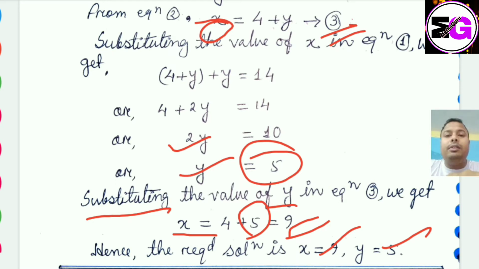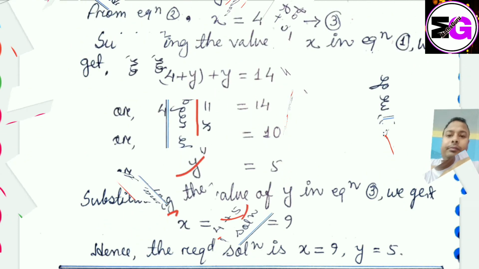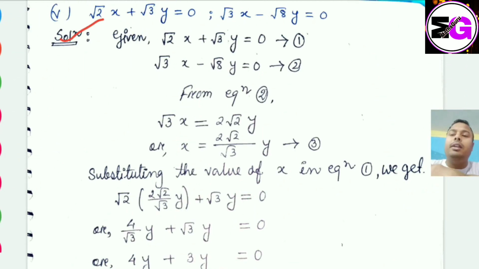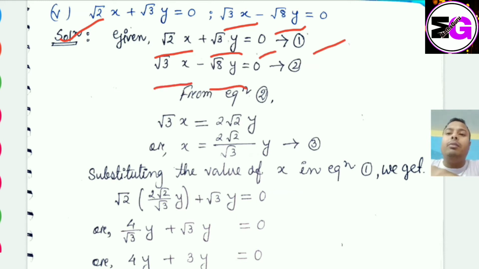Next, let us try two more problems. We take question 5. Root 2x plus root 3y equals 0, and root 3x minus root 8y equals 0. Given root 2x plus root 3y equals 0, we take that as equation number 1, and root 3x minus root 8y equals 0 as equation number 2. From equation 2, as I already said, you can take from any equation. So root 3x equals